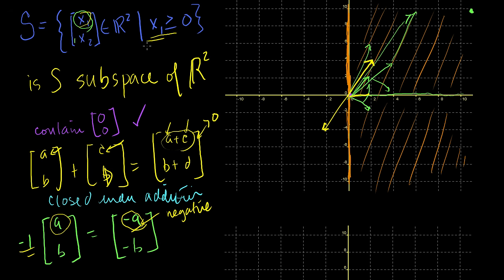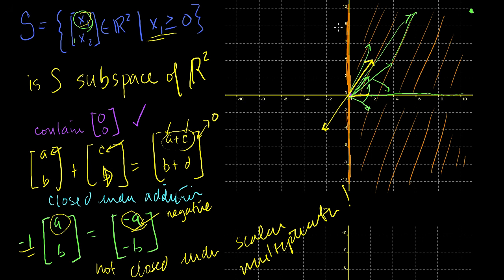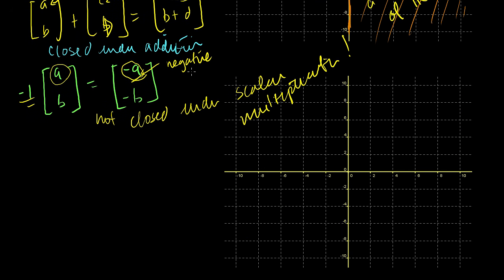So this subset of R2 that I drew out here is not a subspace, because it's not closed under scalar multiplication. Not closed under scalar multiplication. So this is not a subspace of R2. Now, I'll ask you one interesting question. What if I ask you just the span of some set of vectors? Is that a valid subspace? Let's say I have the span of some